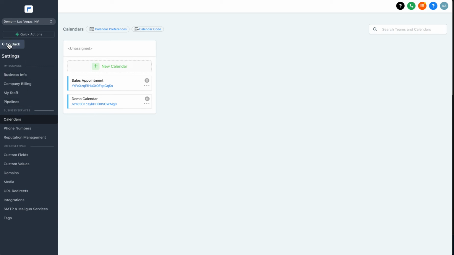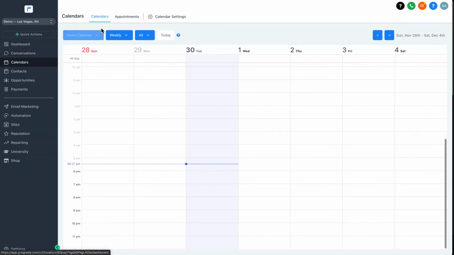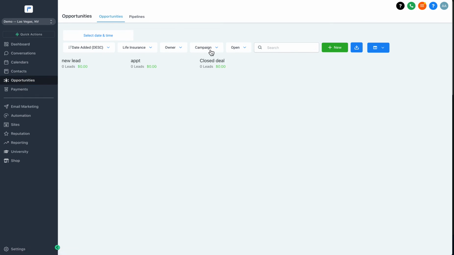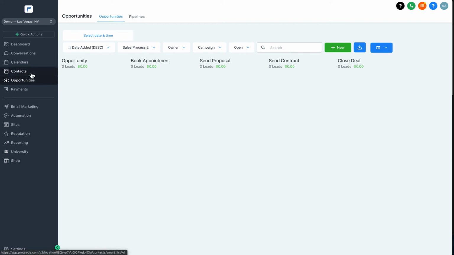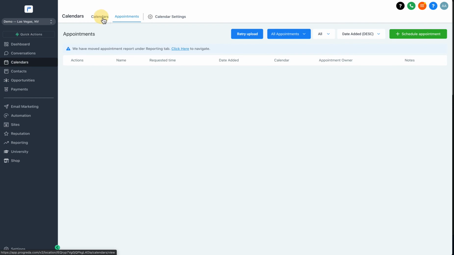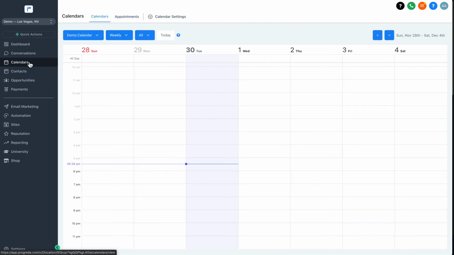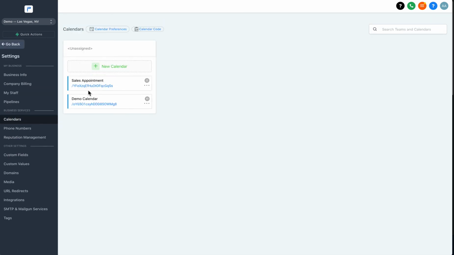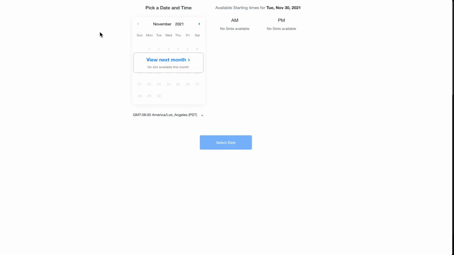Before I do that, let's go back real quick to the opportunities board. I just want to show you where we're at. Remember, sales process 2, we currently have nothing in here, but we do have one automation set up through the workflow. So we're going to go now to your calendar. We're going to click on calendar settings to grab that link. So we're going to go to sales appointment link, grab that link,